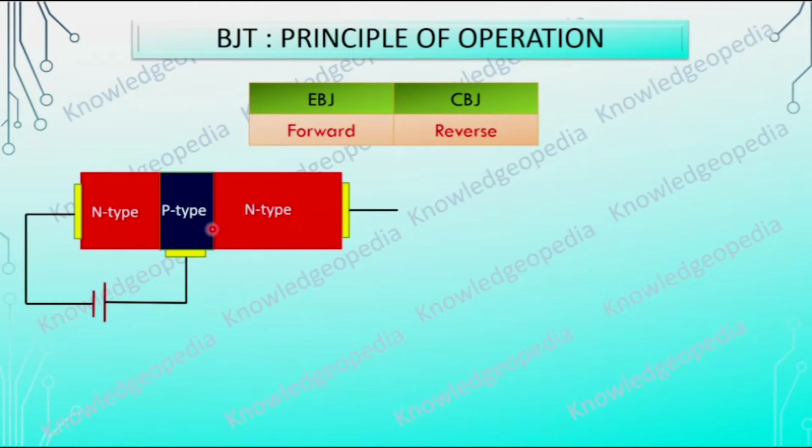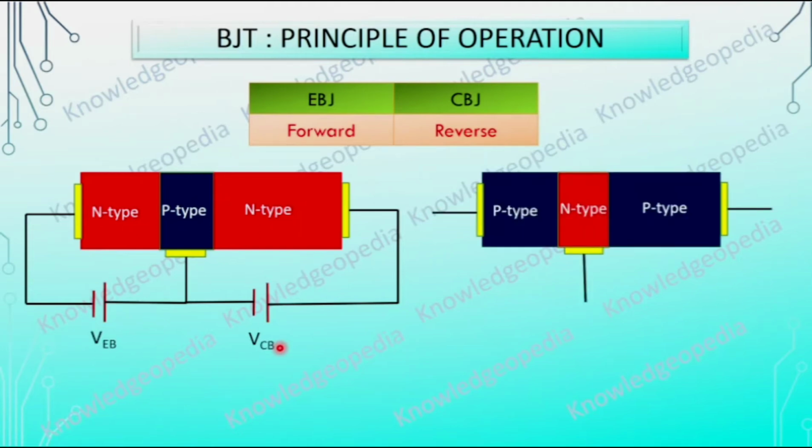Reverse biased means the P side should be connected to the negative terminal of the battery and the N side of the junction should be connected to the positive terminal of the applied battery, right? So here the applied source is this one. This negative terminal of the applied voltage is connected to the P side and the positive terminal of the battery is connected to the N side of the collector base junction. This applied voltage is known as VEB because it is applied between emitter and base. Similarly, this potential is noted as VCB because this is applied between collector and base.